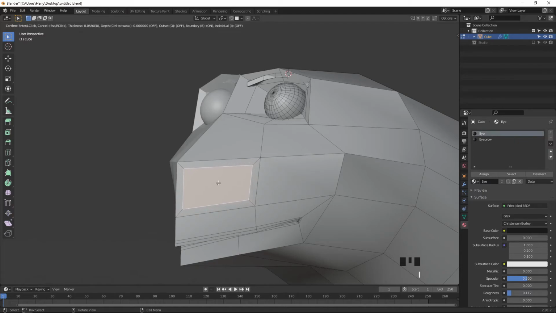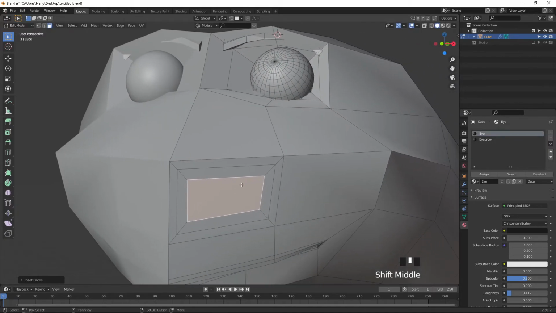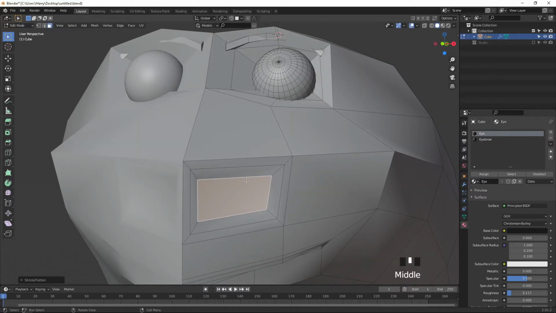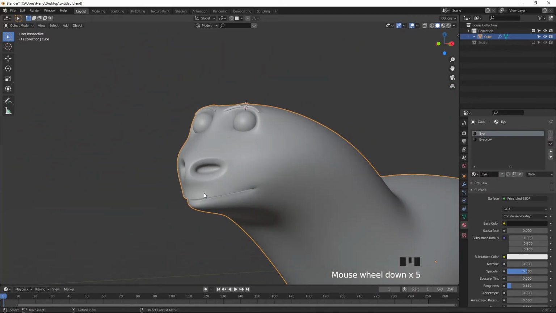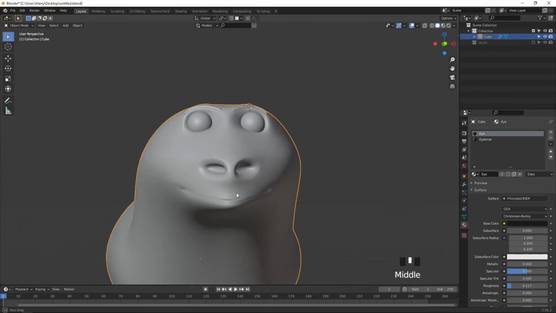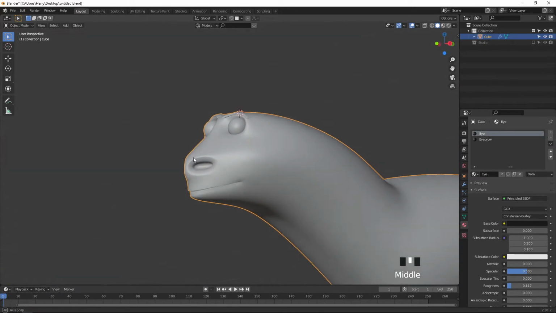Press B key to create one cut separately like this. Press I to inset. Then Alt S to scale, a little bit tightly down. I to inset, Alt S to scale down. I to inset, Alt S to scale down. So this is the nose for this.